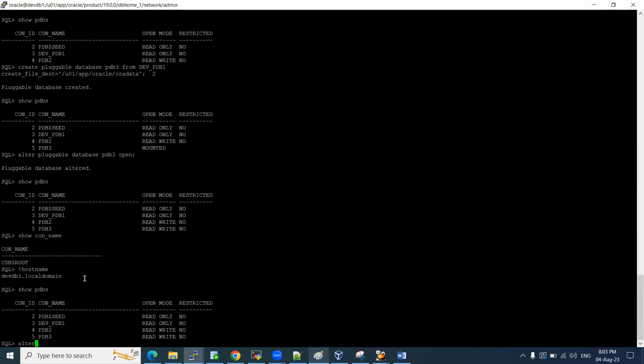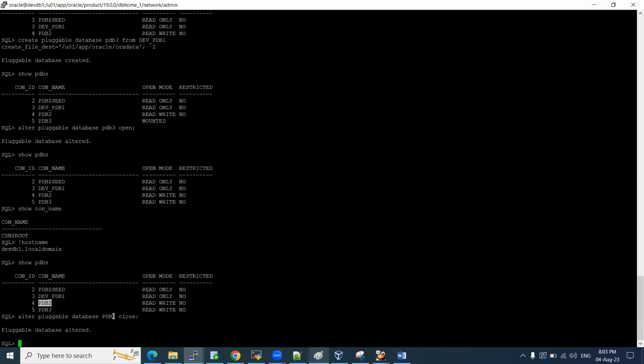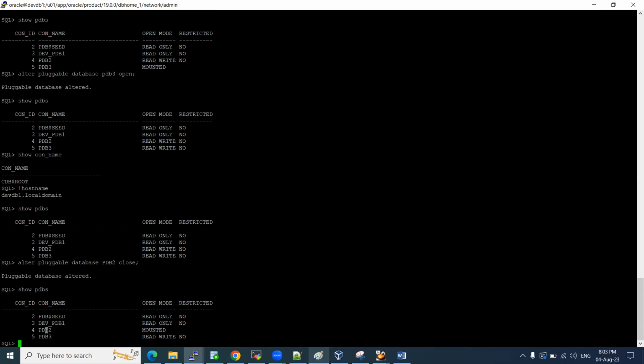First, we need to shut it down. Alter pluggable database PDB2 close. That is the better way. Show PDBs. It is in mount state. Now let us do alter pluggable database